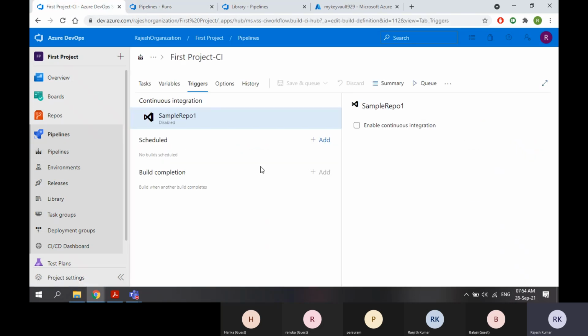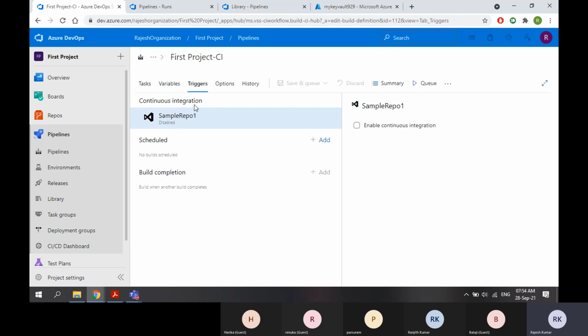Now we will see how we can automate this trigger. I don't want to come to the pipeline and start this pipeline. I want this pipeline to start automatically. For that we have 3 automation triggers and another one is manual trigger. When they ask you about triggers, tell them 4. There are 3 automation triggers, one is manual trigger. So what are the 3 automation triggers? Continuous integration trigger, schedule trigger and build completion trigger. Now we will see what these options are.